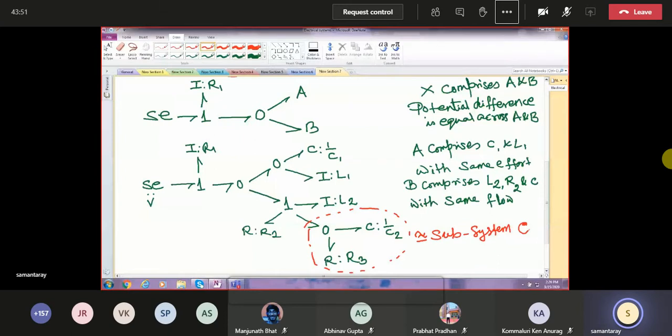Whenever we can find whether a part is in series or parallel, as far as an electrical circuit is concerned, there is common flow or common effort, common flow through the elements or common effort across the elements. That is so easy. But